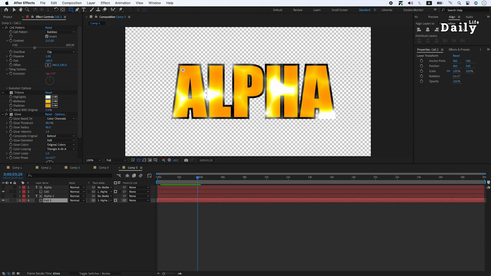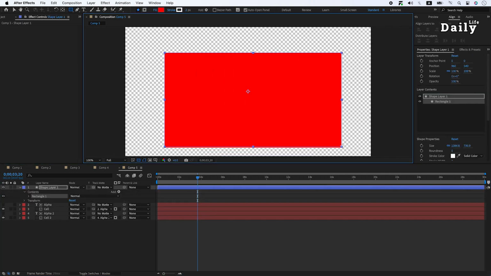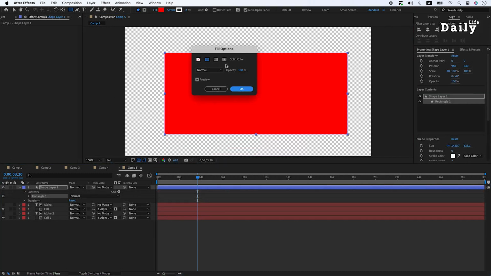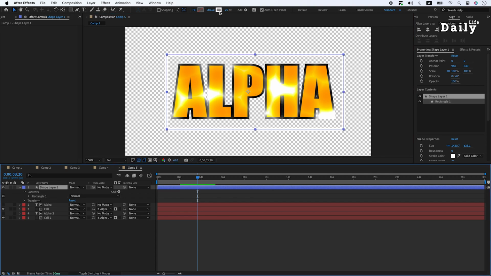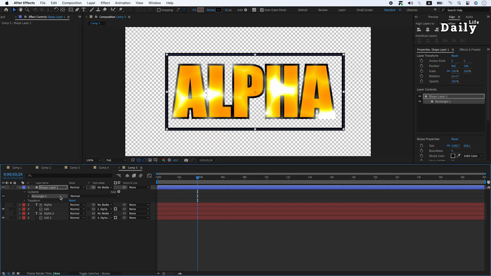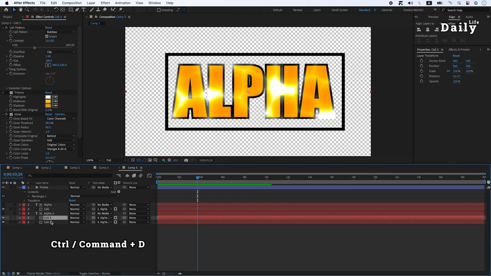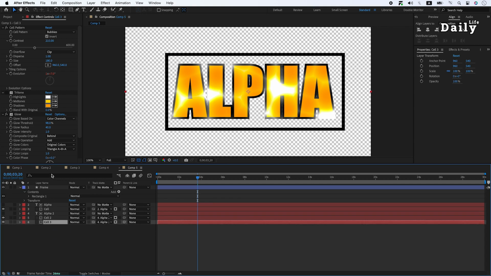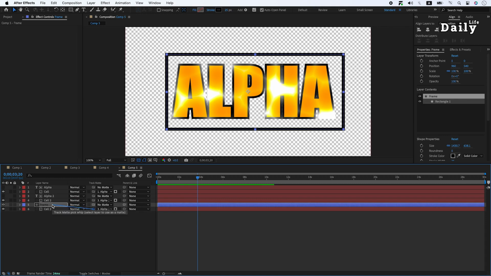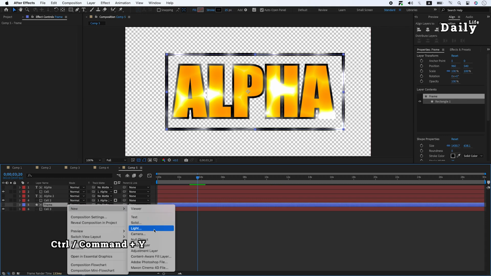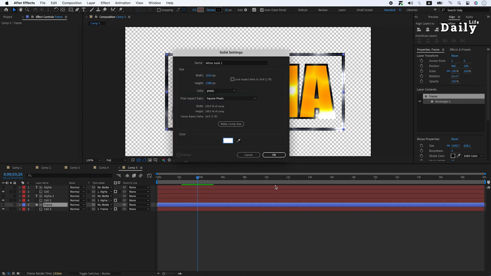And for the last part, create a rectangular shape layer around the text. Remove fill and add a stroke. Edit the stroke width. Edit color. Rename it to frame. Duplicate the second cell layer. Place the frame layer top of it. Link it to the frame layer. Add a white background and preview.